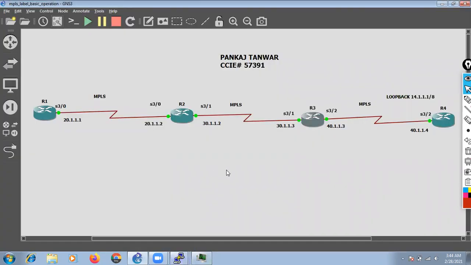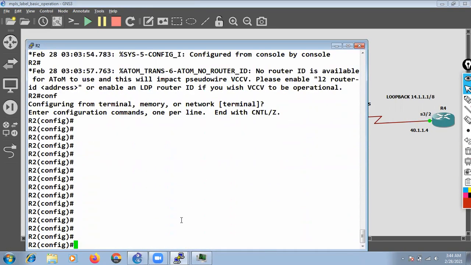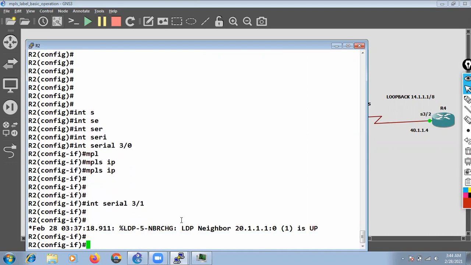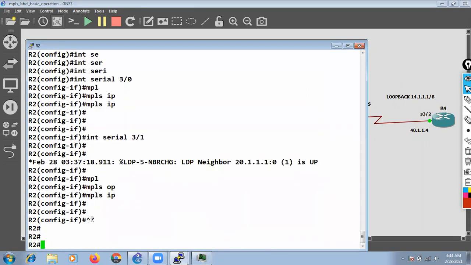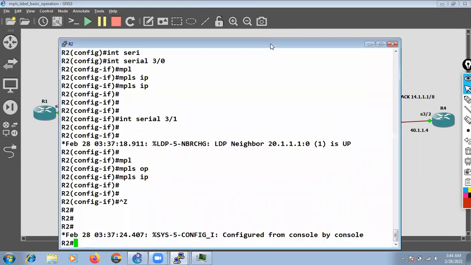I'll go to R2. R2 has two interfaces, 3/0 and 3/1. I will go to serial 3/0, mpls ip, and serial 3/1, mpls ip. You can see that as soon as we enabled MPLS on 3/0, the LDP neighborship is up, because we enabled MPLS and now LDP is into action.